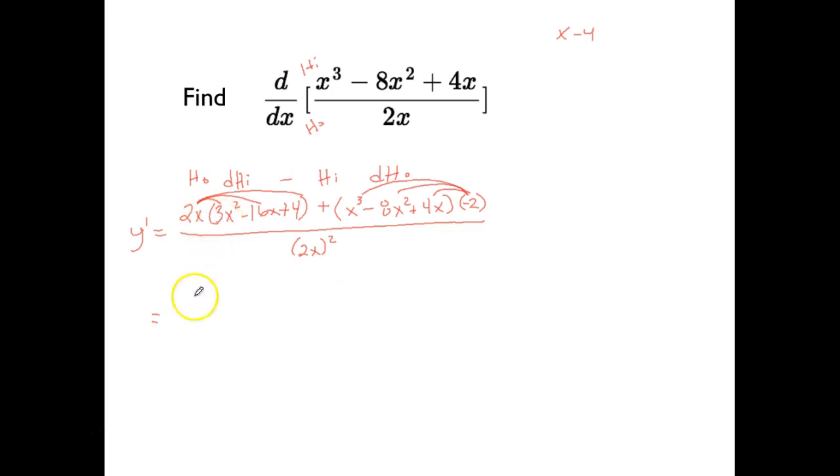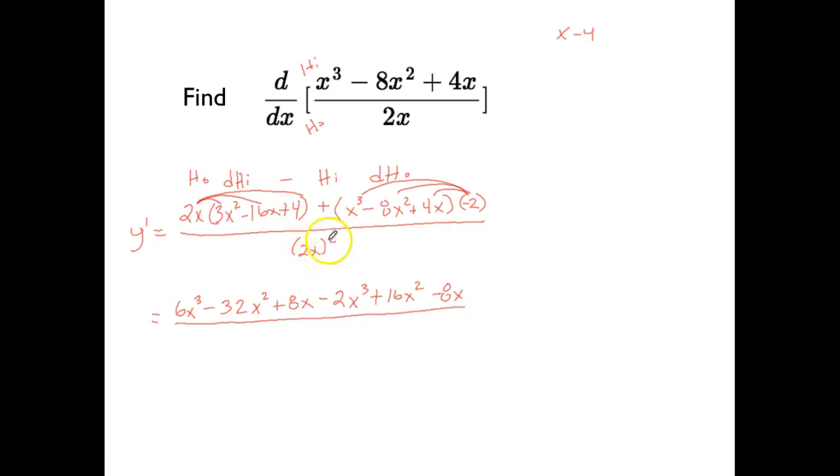Okay, let's do this. 2x times 3x squared, 6x cubed. Next one, minus 32x squared plus 8x. Okay, that's me distributing the 2x into all three of those. Now distribute this negative 2 there, which is going to make it negative 2x cubed. Negative 2 times that is going to make it plus 16x squared. Distribute that one, minus 8x, all over